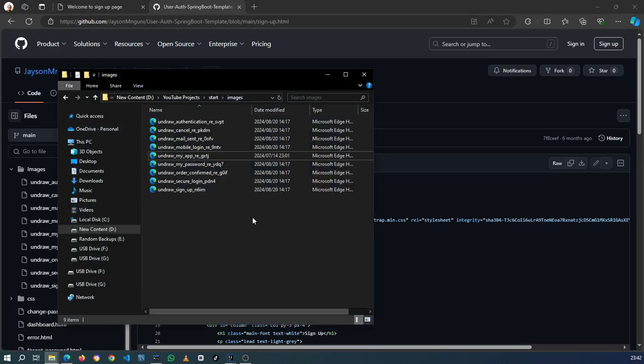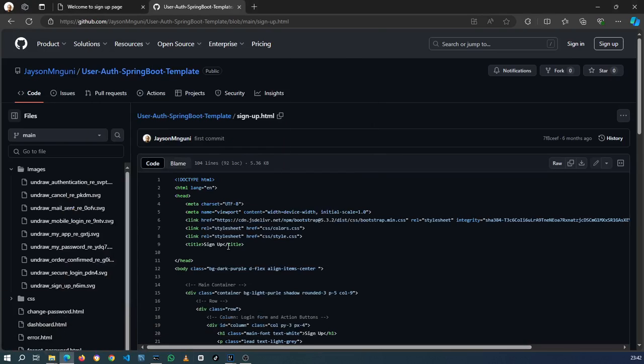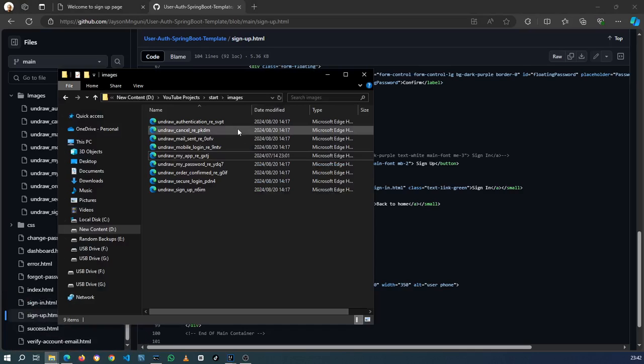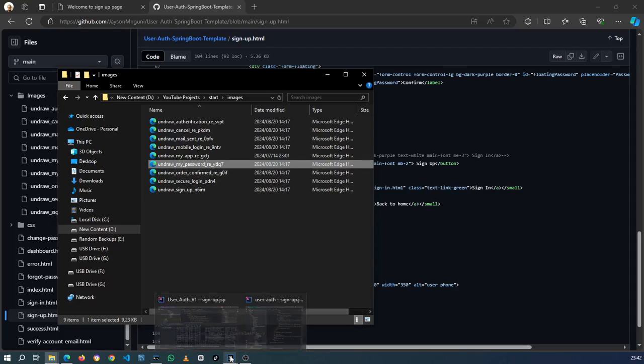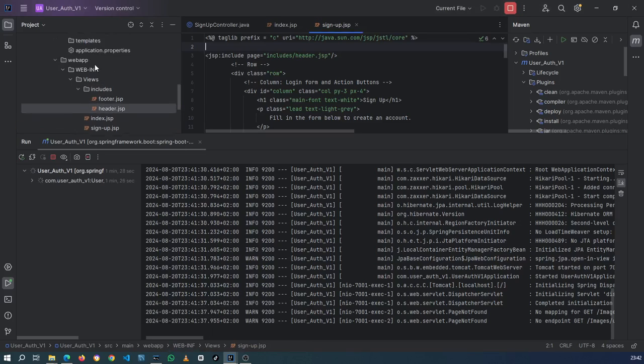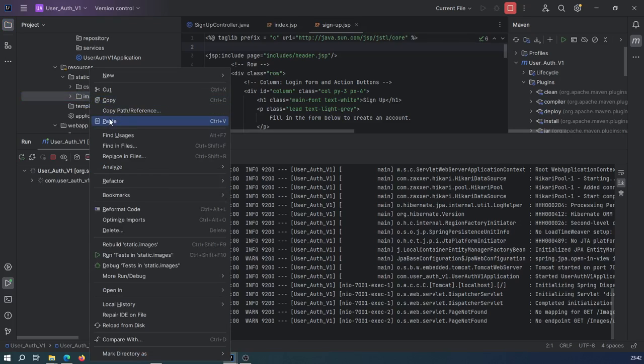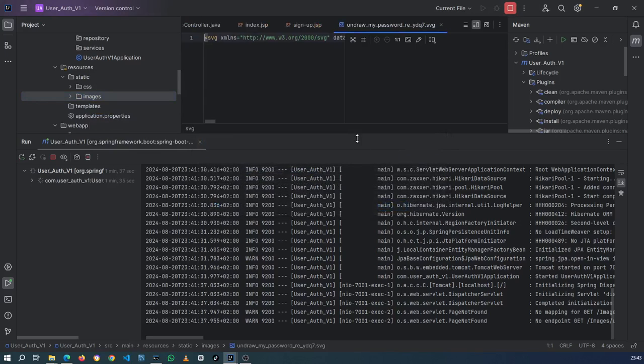So now all I have to do, what's the name of that image? Let me just check quickly. Images, undraw, password, undraw, my password, whatever. Okay, so it's undraw my password. That's the one. So I'm gonna copy that, then I'm gonna place it within our static files folder, which is over here. Then I'm gonna paste it there. Click OK,